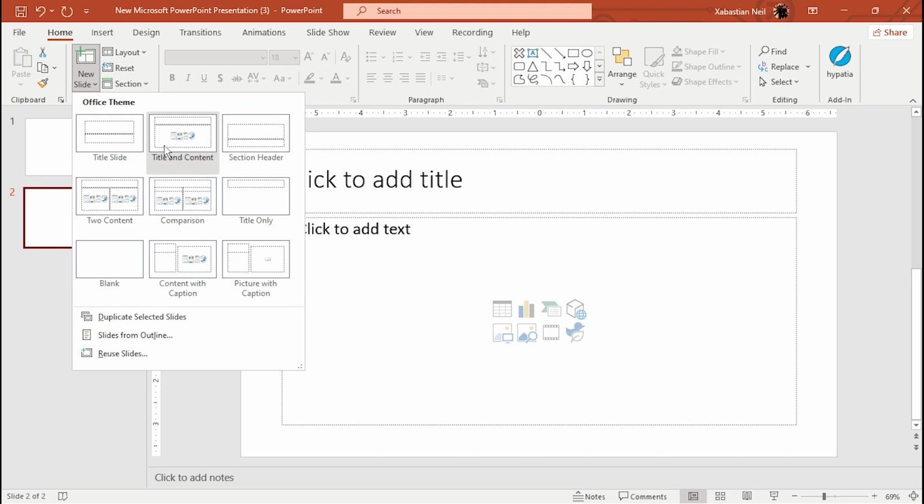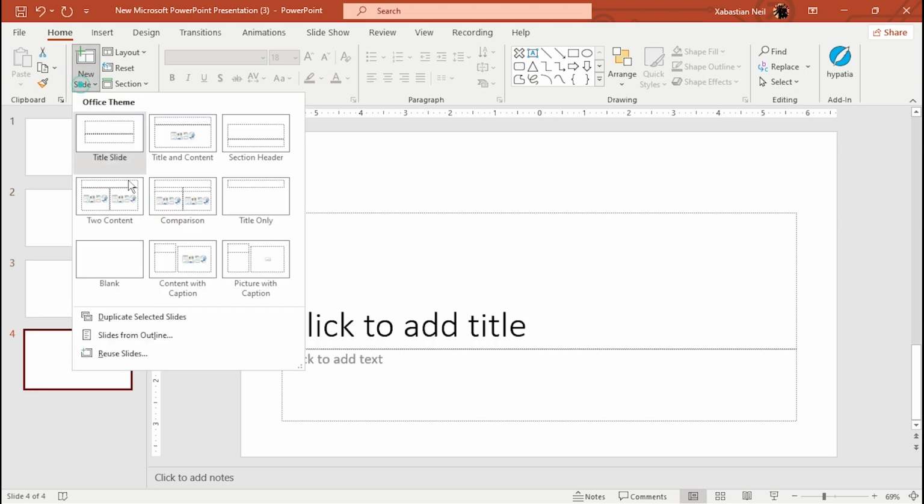And then we have the title content, which is right over here. Then we have section header, and then we have two contents, and then comparison, title only, blank, content with captions, and then picture with captions. Okay, if you want a blank,